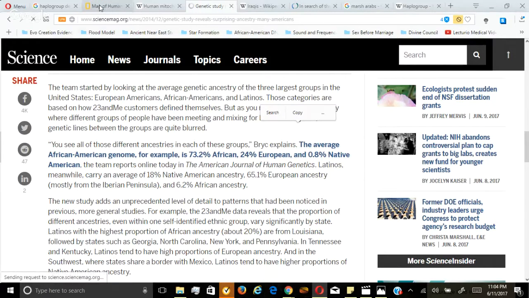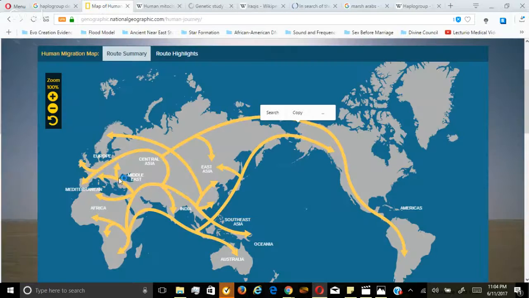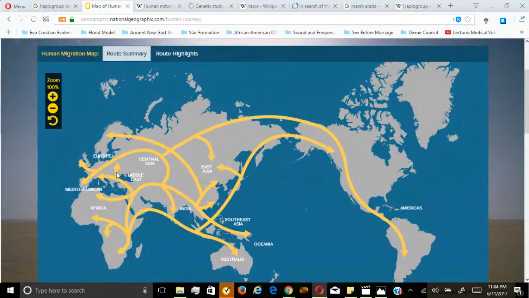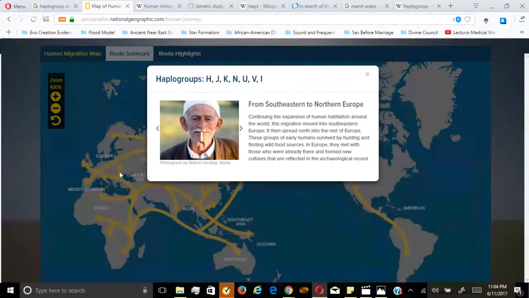But in the human migration map, in this group, in group L. Now, this group over here, Middle East, when people migrated from Africa to the Middle East, these are the haplotypes of the Middle Eastern haplogroup, H, J, K, N, U, V, I. Now, if you want to find out who are the genetic, or as some people say, the Semitic people of the Middle Eastern Iraqi land,